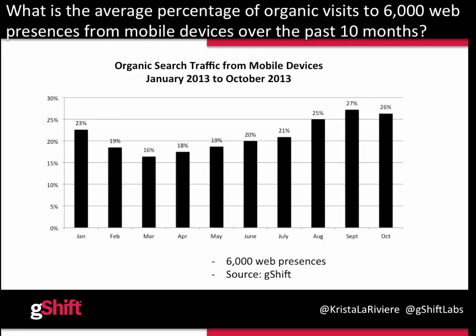So some research that we did in 2013 was around mobile devices. We found that 25% of traffic comes from mobile on over 6,000 web presences within our software. This data could be higher. I would predict it's probably even higher for your business. So definitely check out your metrics on that to see how important mobile plays a part in your web traffic.